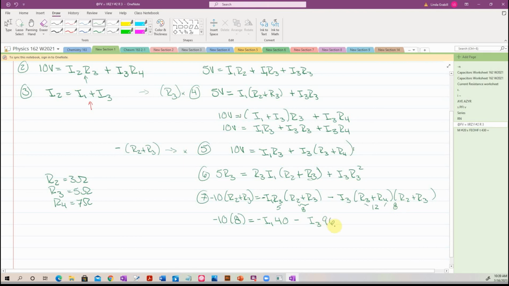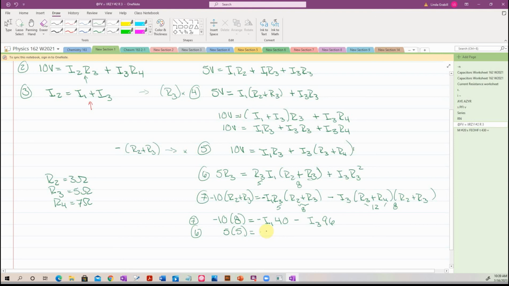Okay, so we have that one. Now let's simplify down equation 7. So this, I'm sorry, equation 6. So this is 7 rewritten. And now 6 is 5 times R3, which is 5, equals... I'm sorry, starting to do 7, equals R3, which is 5, times R2 plus R3, 8,